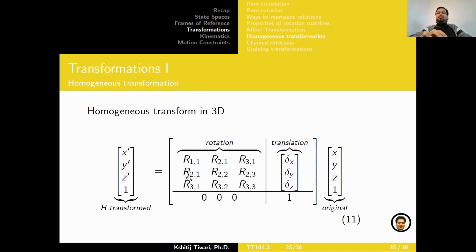So the way this works is you make a block matrix where the top left block is your rotation matrix, as we know. So a 3 by 3 rotation matrix with the elements R11, R21, etc. The top right block matrix is your translation. So it's your 3 by 1 translation column vector. At the bottom, you have a line of zeros, and then here you add a 1. And this is what